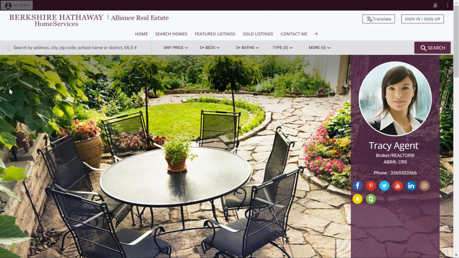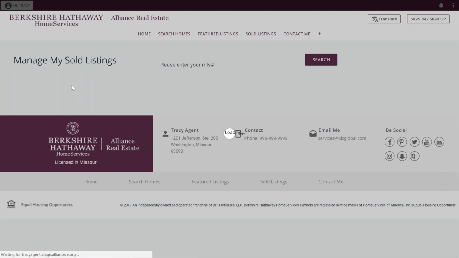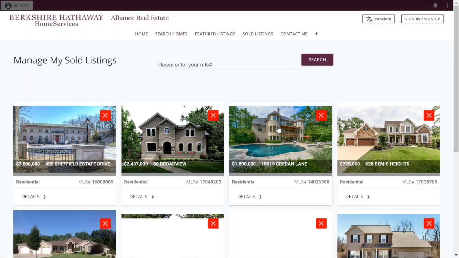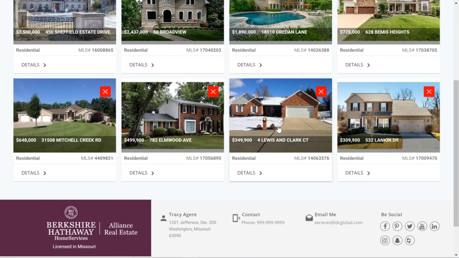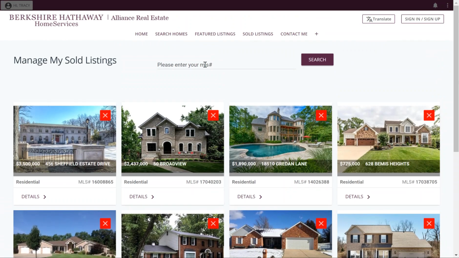Okay, a couple more things. Down here, we've got Manage My Featured and My Sold Listings. I'll show you how to do that real quick. I just clicked on Manage My Sold Listings. These are the sold listings that I already have in the system. If I want to get rid of some of those or all of them, I just click on the X and they disappear. If I want to add more, we are only given from your MLS, we are only given